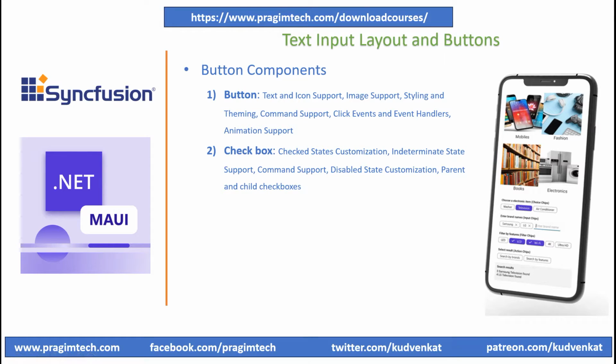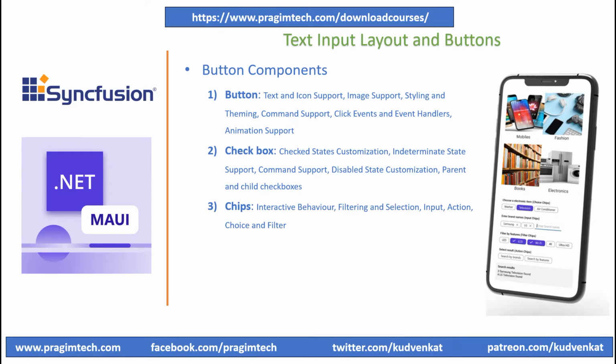Syncfusion checkbox is a selection control that allows users to select one or more options from a list of predefined choices. A checkbox has three selection states: selected, unselected, and indeterminate. Use the indeterminate state when a collection of sub-choices has both unselected and selected states. Syncfusion checkbox control can have parent and child relationship with other checkboxes.